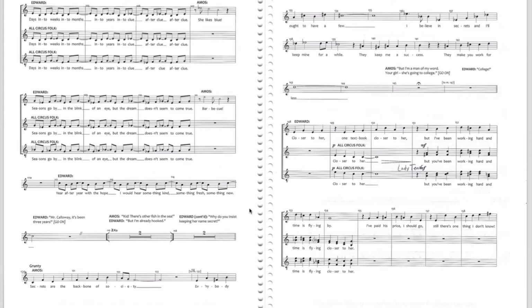Next, we're going to go over here. Let's do these measures right here. We're going to start with the men. We get closer to her. Basses go,